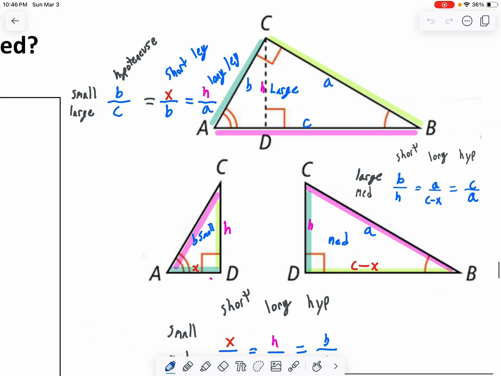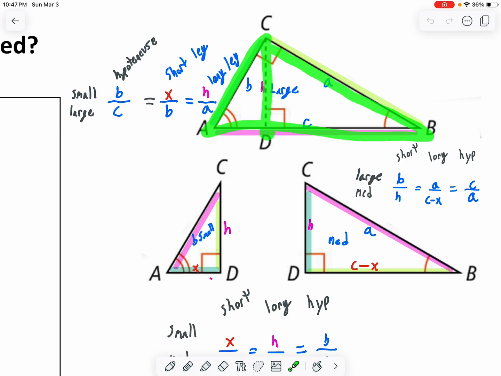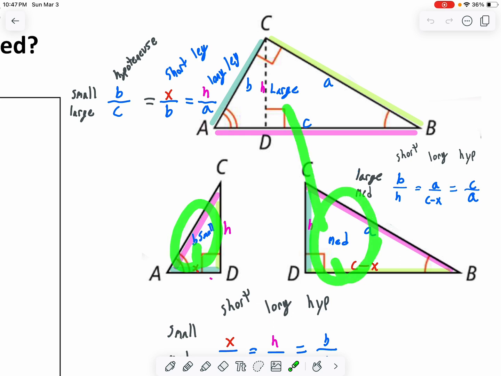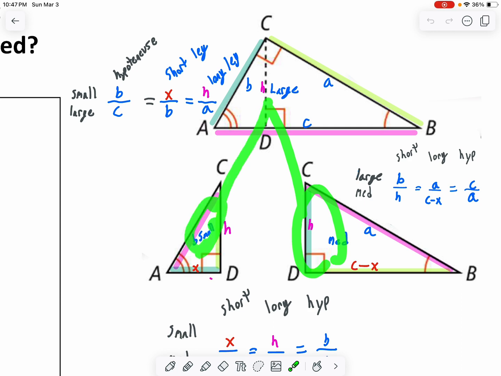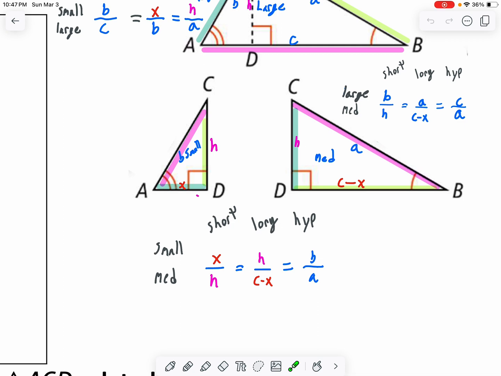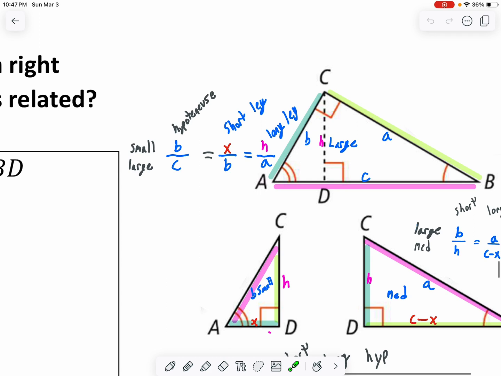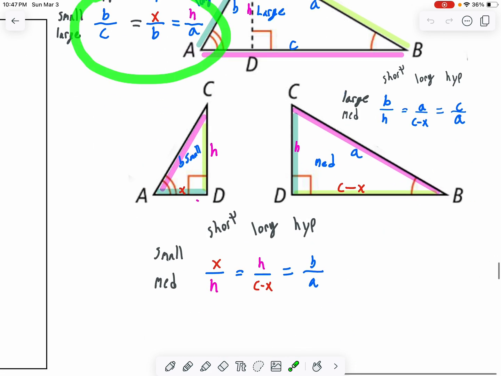At the end of last week, we started to look into the similarity of right triangles and how you can take a big right triangle, draw the altitude to its right angle, and you end up with two smaller but similar triangles to our original one. Since they're similar to the original one, they're also similar to each other through the transitive property. Okay? And since we now have three similar triangles, we can go ahead and start looking at ratios between those